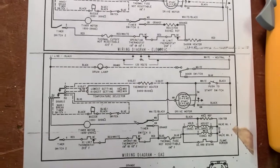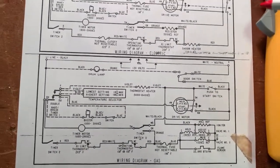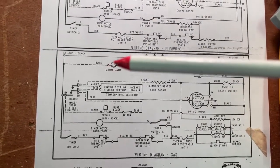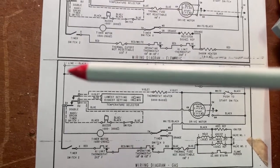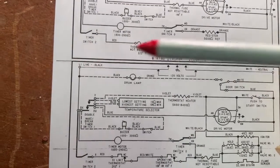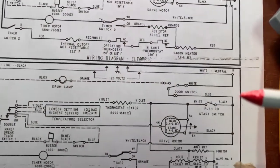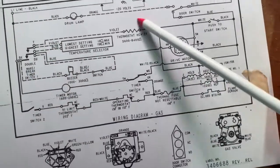And here's already an exception to what I told you in the past. Usually switches are located on the line side. Here's our load, our drum lamp, our wire, and it's directly connected to L1 to power, no switch. On the other side, you will see